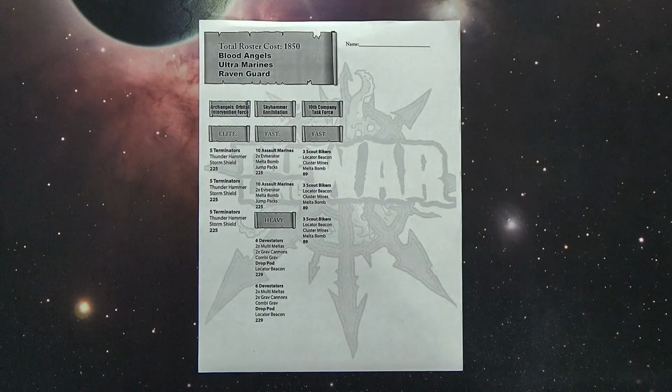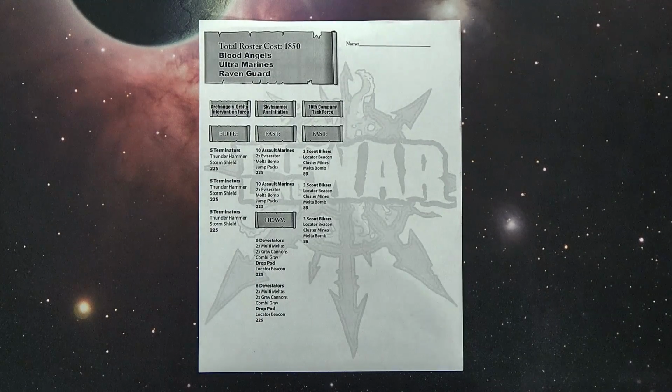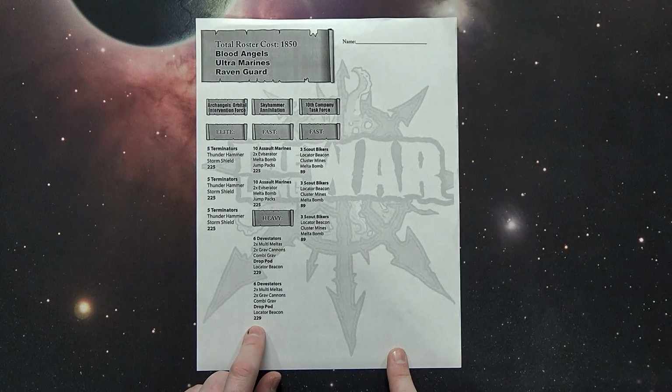On the heavy support side, 2 multi-meltas, 2 grav cannons, with 1 combi-grav on the Sergeant. A drop pod with locator beacons for the Terminators is always good. Doesn't look like it's notated here that they have the Cherubs, but I would assume they do unless they didn't